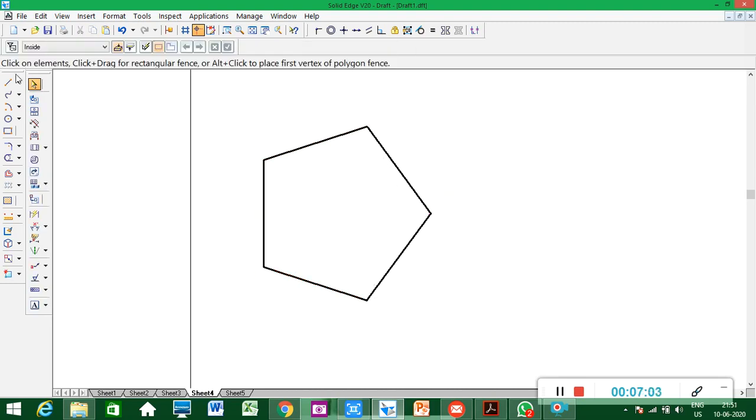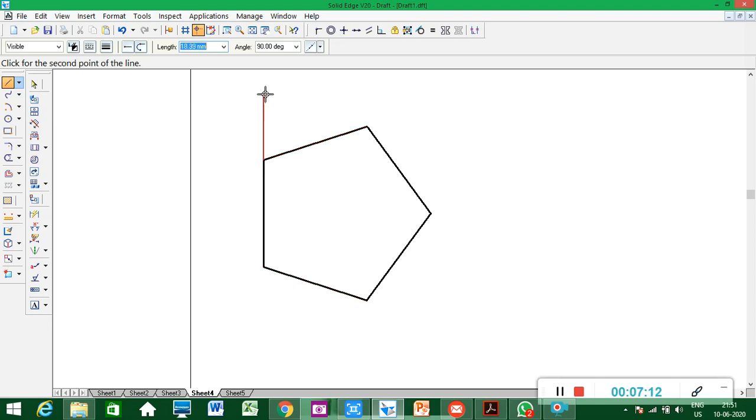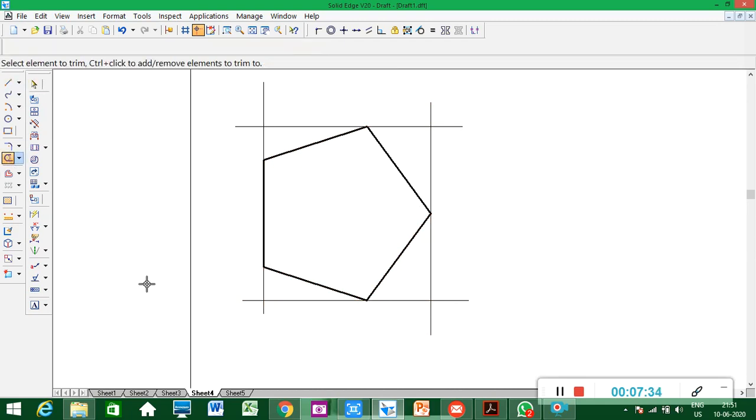Now you have to make a box for this. How to make the box? You take a thin line, 0.35 thin line. You draw a horizontal line, a vertical line from here, a long line. Then you draw a line here. Keep the scale manually in this way. Manually I am telling. In this way you draw vertical lines, long lines, from each corner. Then you erase the extra lines with your eraser. Now here I'll trim it.